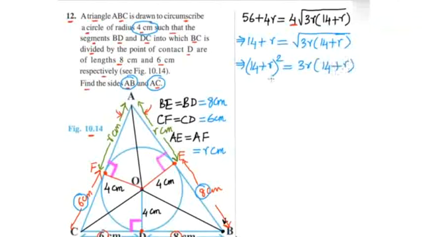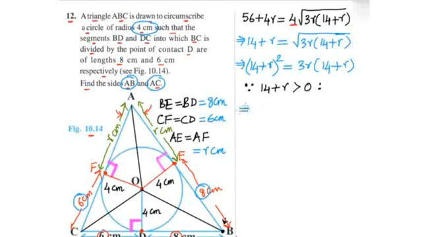Now we have 14 plus r square on the left side and we have 14 plus r on the right side. So do you think we can cancel them out on both sides? Well, we can cancel out a multiplier on both sides only if it is non-zero. But in this case, we can be sure that 14 plus r is non-zero because r must be positive. So 14 plus r must be greater than 0, and therefore we can cancel it out from both sides, and